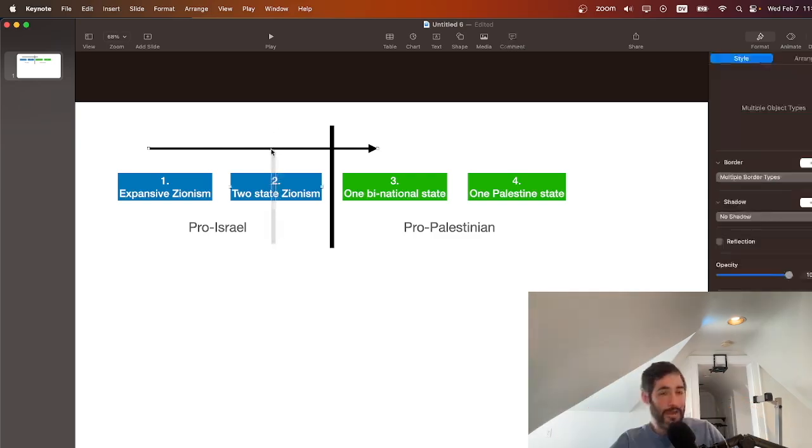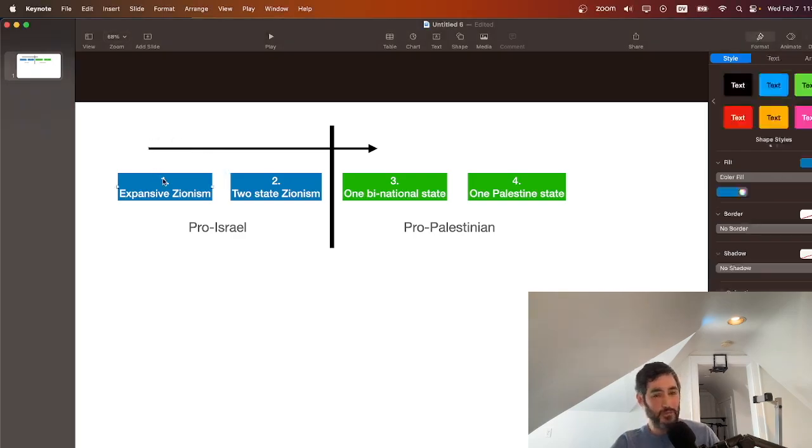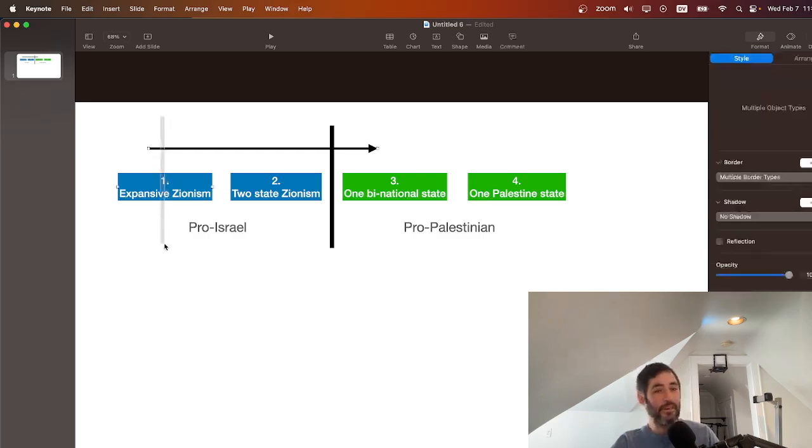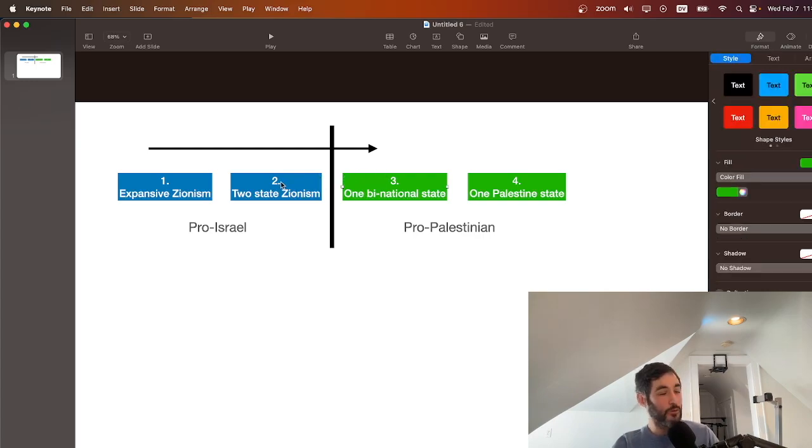I don't know. I can only speak, Daniel, to the American political landscape. In American politics, you have the Trump party, which moved the American embassy to Jerusalem, signaling an endorsement of expansive Zionism, and has sort of given the green light on settlement expansion. And then you have the Democratic Party, which wants to rein in settlement expansion, but is stridently two-state. And I think you have a growing progressive party, people like Ilhan Omar and Bernie Sanders, who are not really believing in two-state Zionism anymore. And they think of a Palestinian liberation, which is going to look different than two states.